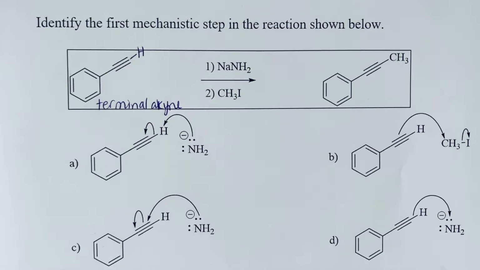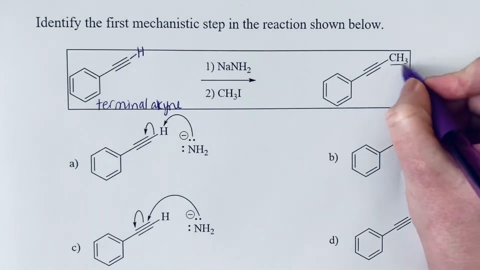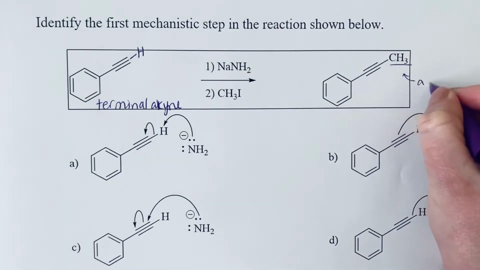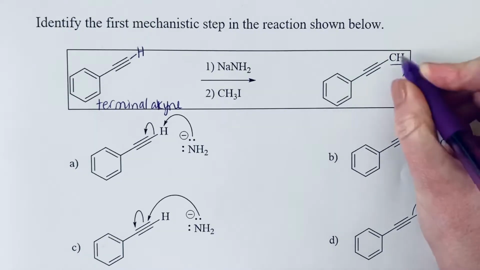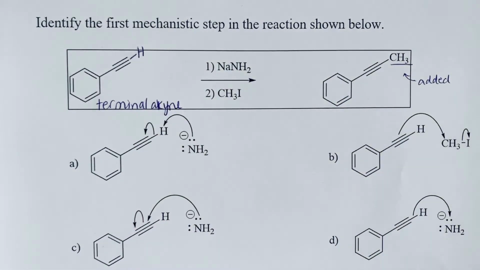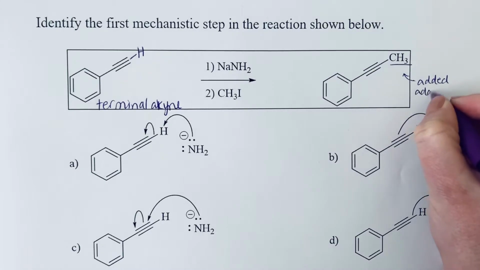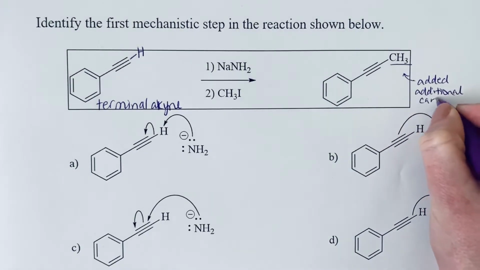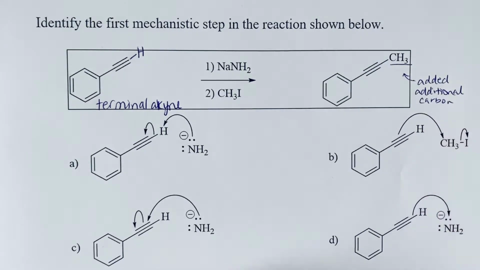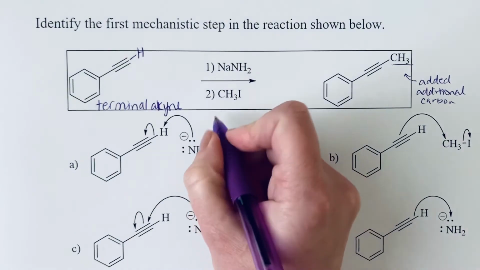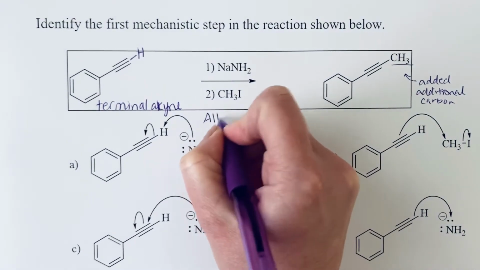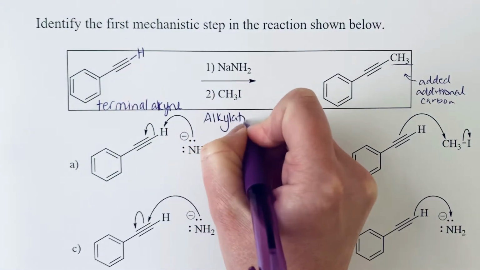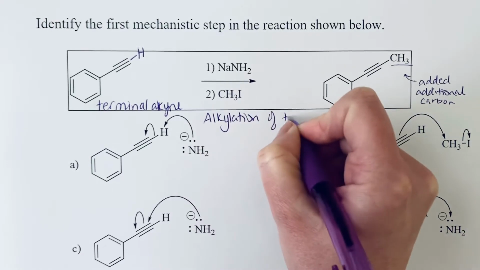And we can see that in the product, we have added an additional carbon. So we have added that methyl group in place of where the hydrogen was. And so what this tells us is that we are doing an alkylation reaction. And so specifically, we are alkylating the terminal alkyne. So if you want to find this in your textbook or look up more information, you would want to look up alkylation of terminal